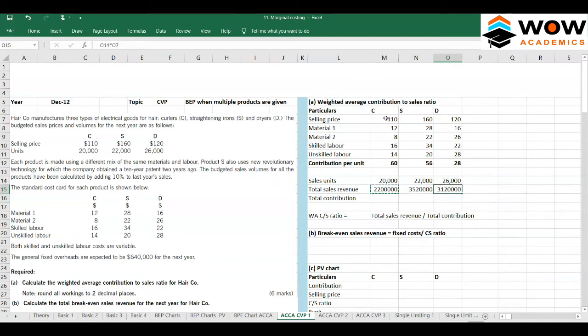So this is the total sales revenue for each product. We'll get the contribution, so total sales units into contribution per unit. Okay, so what we want is the total of all these. So the total of all the products would be